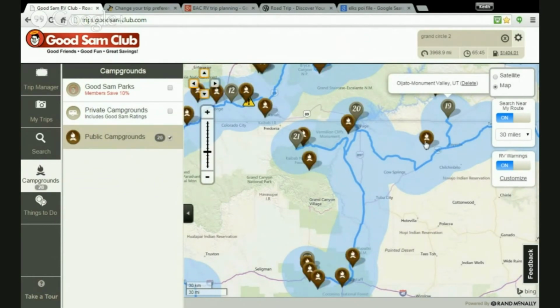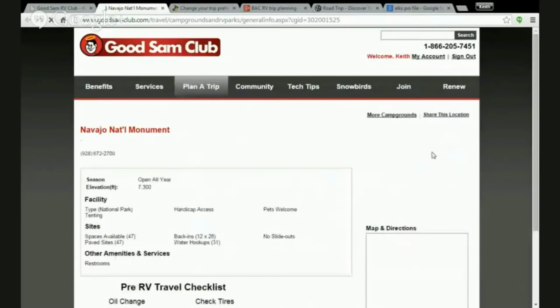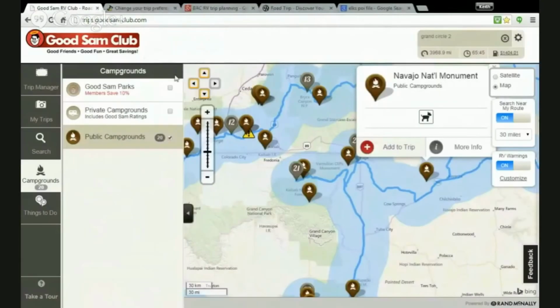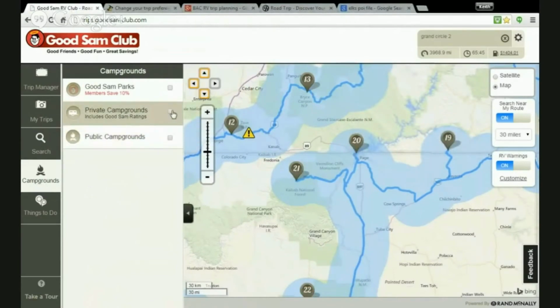And if I select one, we can see that it's the Navajo National Monument. I can get more information about it if I so choose. It'll tell me a little bit about it, how big it is, whether it'll support slide outs or not. This one doesn't actually meet my needs, so let's close that down. Go back here, close that up, and let's shut those down and take a look at the private campgrounds in